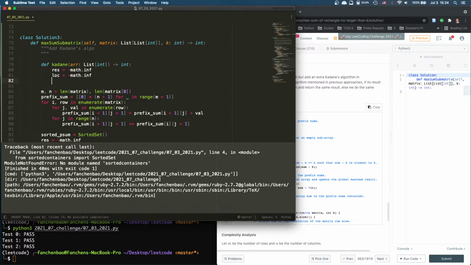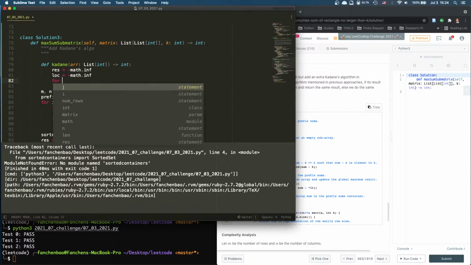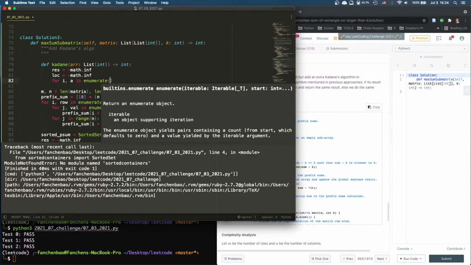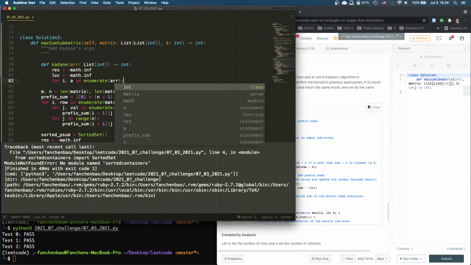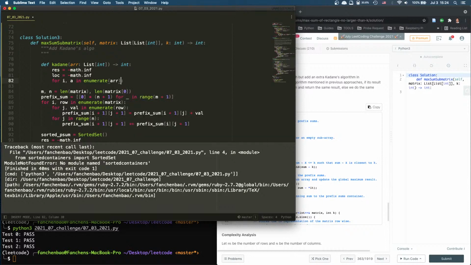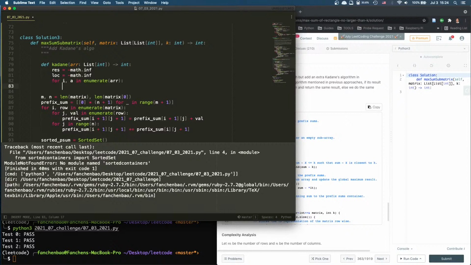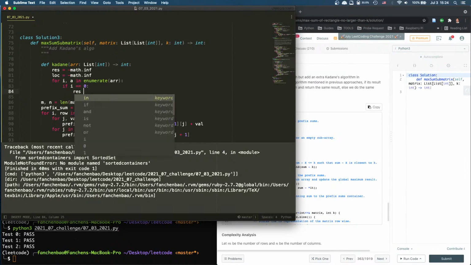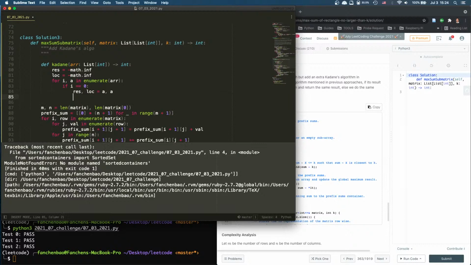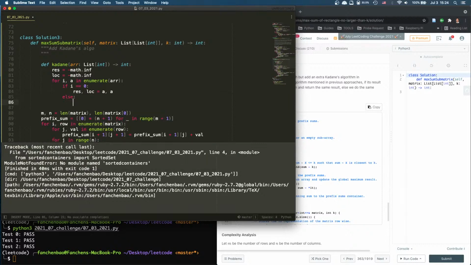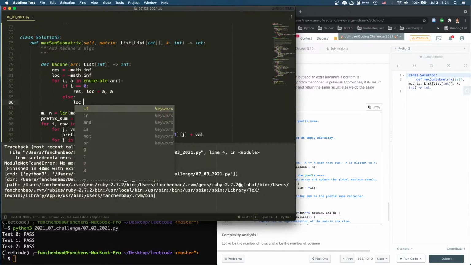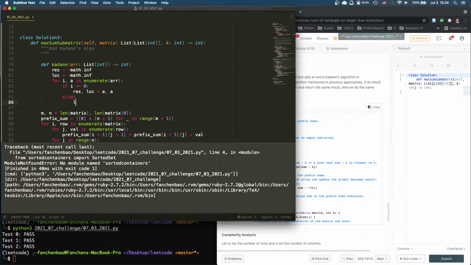And I will just say for i, a in enumerate, all right? Actually, yeah, that's fine. We say if i is 0, then we say res equals a. Else, then we say local max is going to equal to,